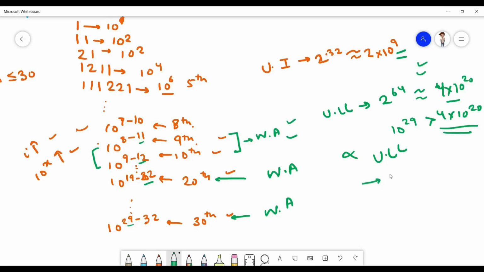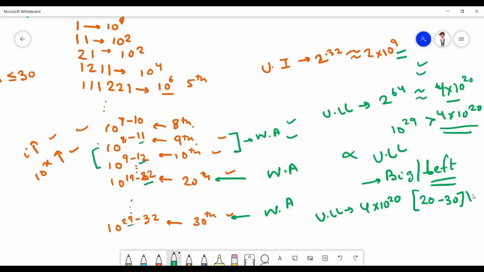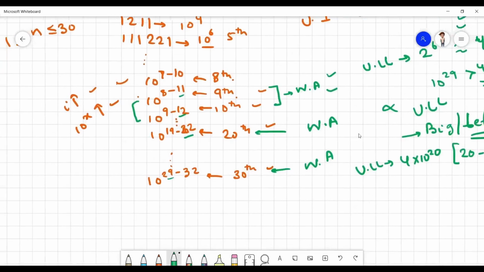So we have to create some big integer class. We are leaving it here for now, and if the string pattern is not getting completed, we will come back to implement the big integer class. We are leaving it right now because the upper bound limit is 4 into 10 raised to the power 20, and it is failing on the range 20 to 30. It will give a wrong answer. That's why we are leaving it here right now.